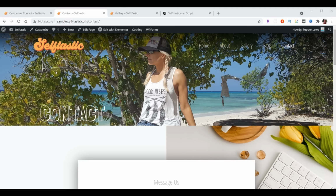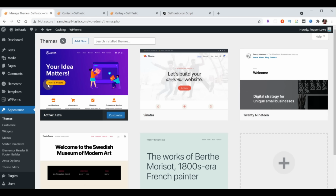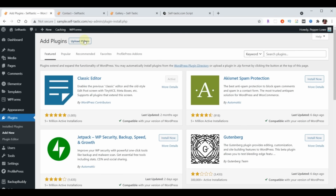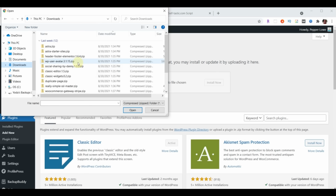To do that, we're going to go back to WordPress. We'll exit to the dashboard. Now we want to install the plugin that's going to allow us to make our pages secure. So we're going to go down to Plugins, Add new plugin, upload plugin, choose file, make sure we're looking at our downloads folder. And now the one we're looking for is Really Simple SSL. Hit open,